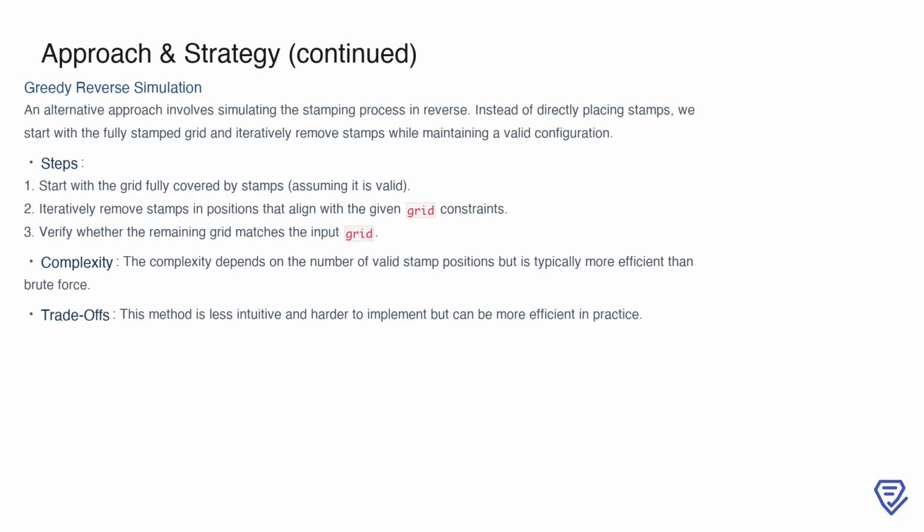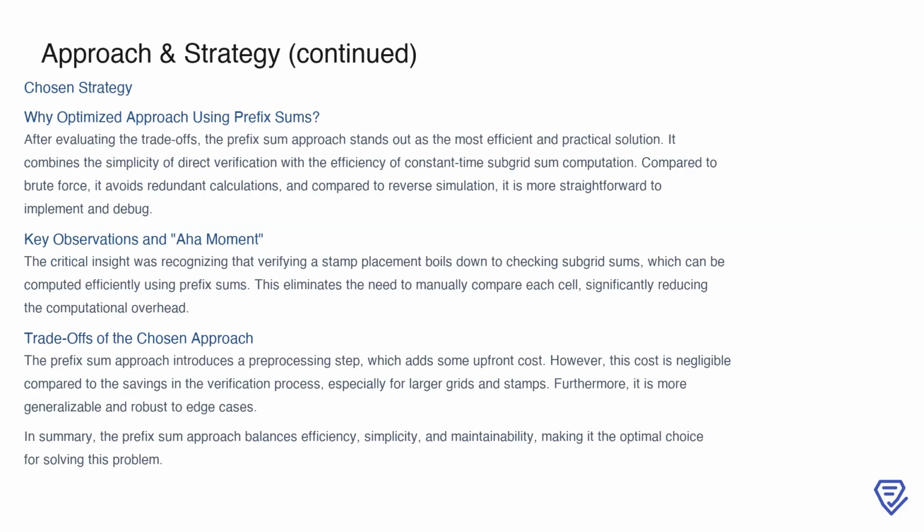The complexity of this method depends on the number of valid stamp positions, but it is typically more efficient than brute force. However, this approach comes with its own trade-offs. It can be less intuitive to understand and significantly harder to implement correctly. Despite its potential efficiency, the complexity of maintaining a valid configuration during the removal process and debugging makes it less appealing in practice. After evaluating all the approaches, the optimized prefix sum method emerges as the most efficient and practical